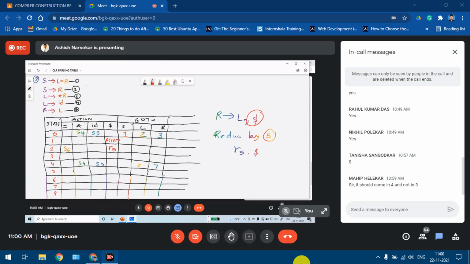So state 6, we can see that there is a transition from state 6 on capital R to 9. So under capital R, we go to 9. So we write a 9 over here. Then under capital L, we can see that it goes to 10. And under star, it goes to 11. So since it is terminal, since it is an action, it will be S11 over here. And on ID it goes to 12, so it will be S12.